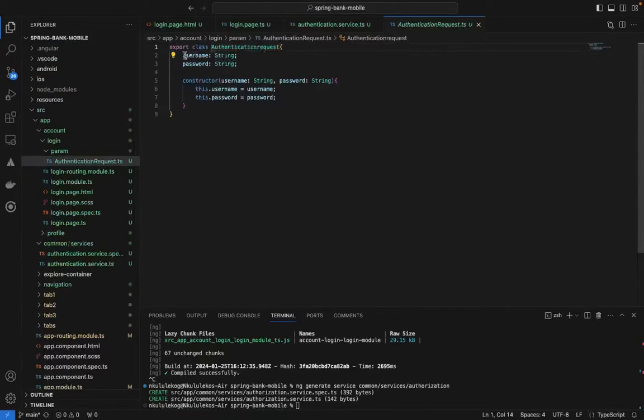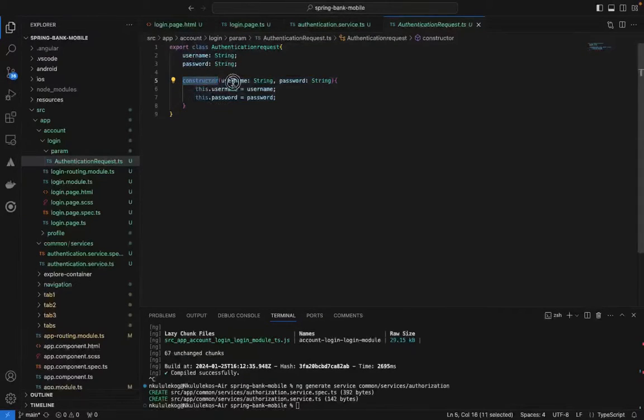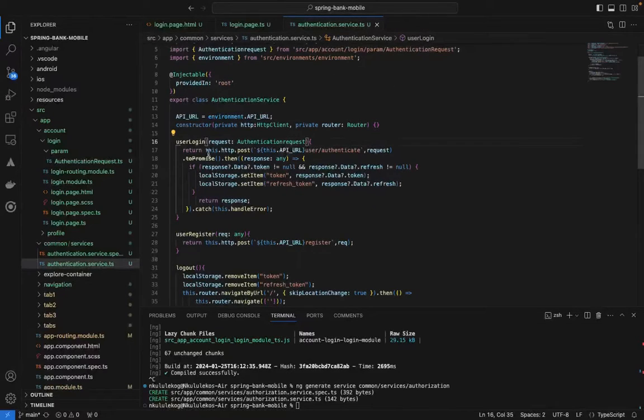The authentication request has a username and a password, which are both strings. The constructor takes the username and the password, and then we just set those like that. So once those are set, we can then call our API, which is the HTTP